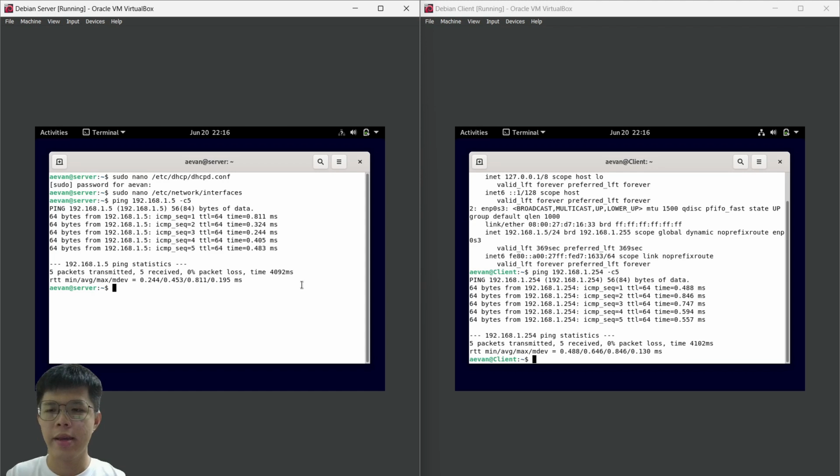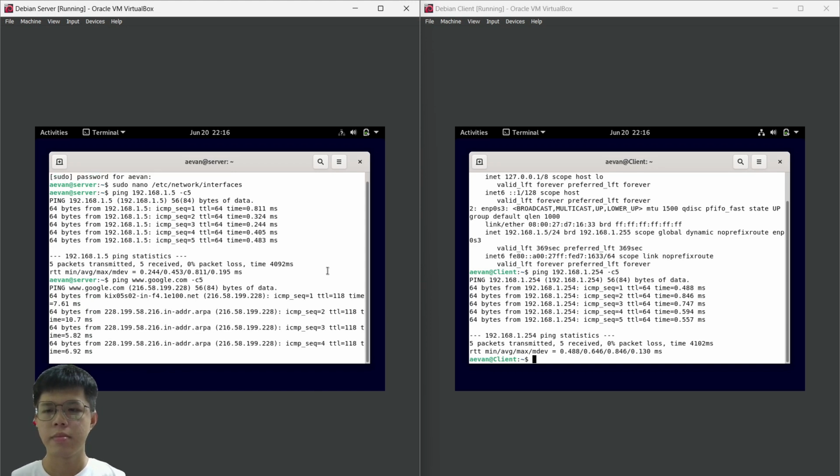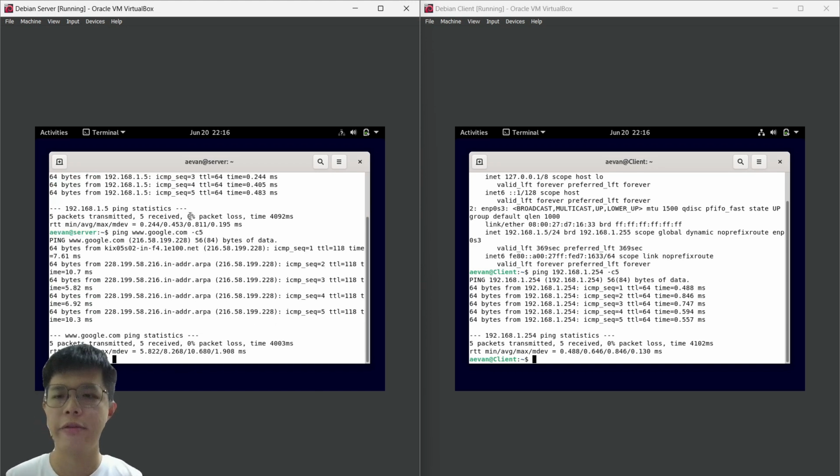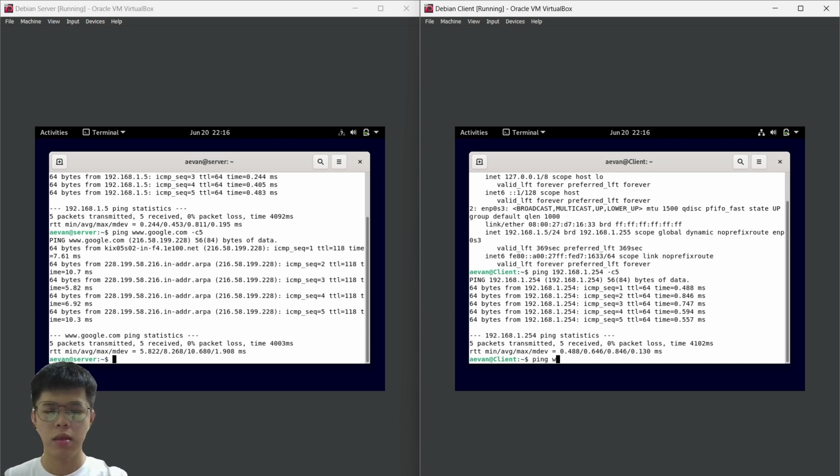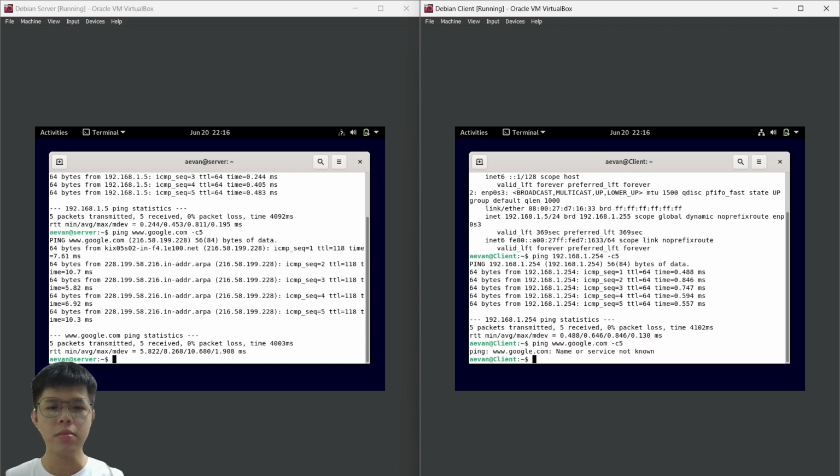Now I try to ping from the server to Google, 5 times as well. It shows that from the server, it's able to ping the Google server. Now I'll try to ping the Google server from the client. It shows that it's unable to ping because for the client, we didn't give the access